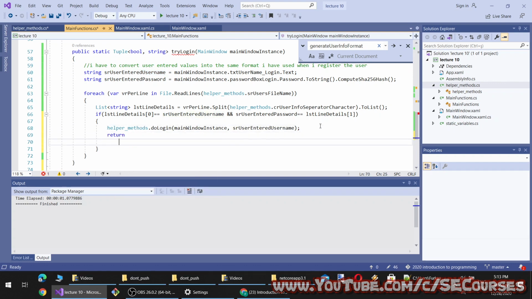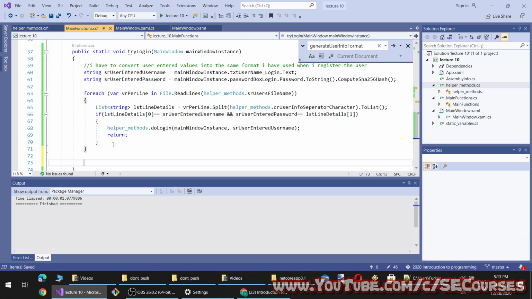We will return from the method call. By the way, we don't need to return a tuple this time. We will just return void, because I will show you another way of passing information to the user this time. And okay, this is enough.